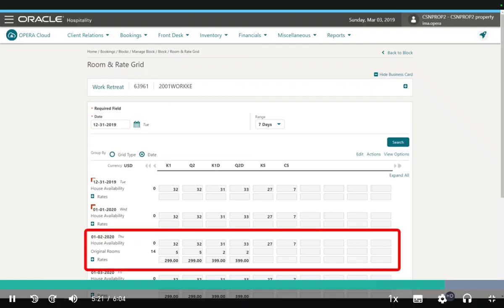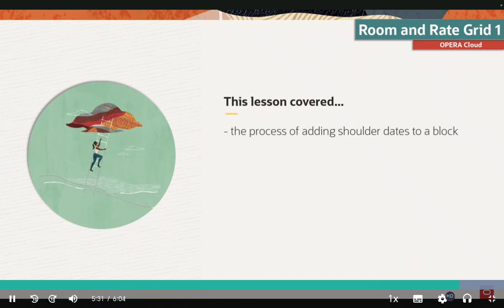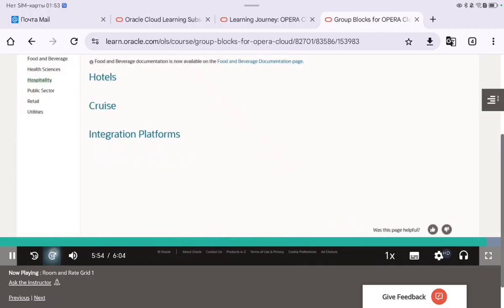The total core rooms and rates loaded into the grid now appear. Additional details regarding the Room and Rate Grid will be covered in the Room and Rate Grid 2 lesson. This lesson covered the process of adding shoulder dates to a block, changing the view options of the Room and Rate Grid, and the process of loading core rooms and rates into the Room and Rate Grid. For more information on this topic,